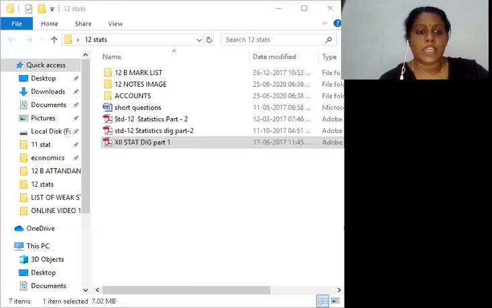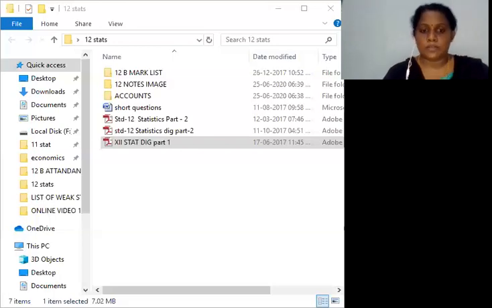Now 11th sum. In usual notation, n equal to 7, sigma u equal to 2, sigma v equal to 25, sigma u square equal to 160, and sigma uv equal to 409. Obtain the regression coefficient of a regression line of y on x and interpret it. Now, given information: n, sigma u, sigma v, sigma u square, and sigma uv. Based on this information, we will find b, that is n sigma uv minus sigma u into sigma v upon n sigma u square minus sigma u the whole square.